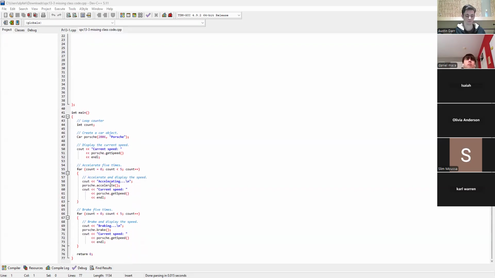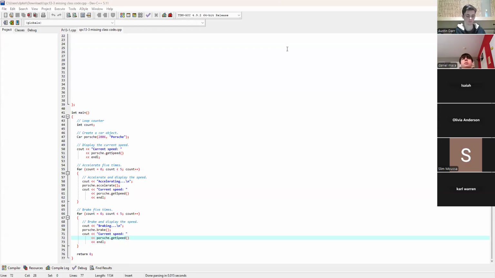Looks like I need a function called accelerate. So if you wanted to play around, you could take this 13.3 and go from there.